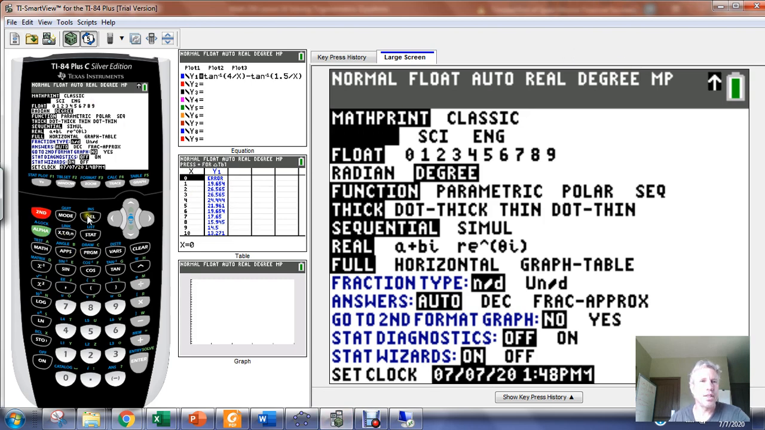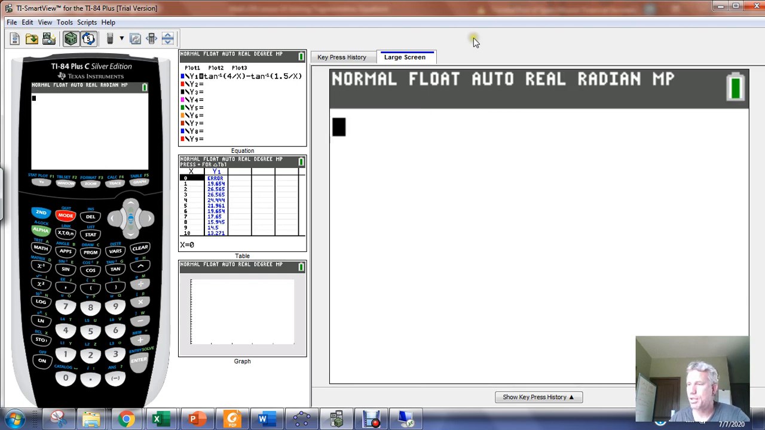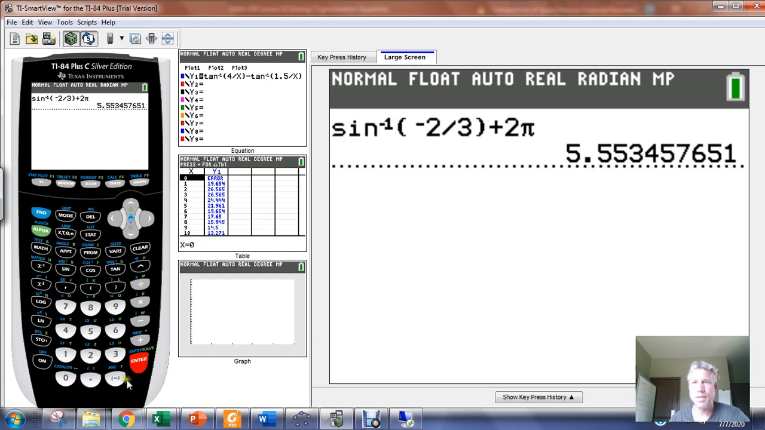The first thing that you would do is click into mode to make sure you're in the correct mode. Here I'm in degree mode, so I would switch over to radian mode because I'm working in radians, and then I would step back out to my main screen. The first equation was to take the sine inverse, so second sine inverse of negative 2/3, and we were adding 2 pi to it, so plus 2, second up arrow to get at the pi, plus 2 pi, and we'd hit enter. So to the nearest tenth, we'd get 5.6